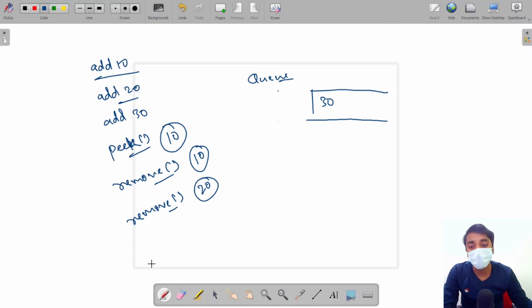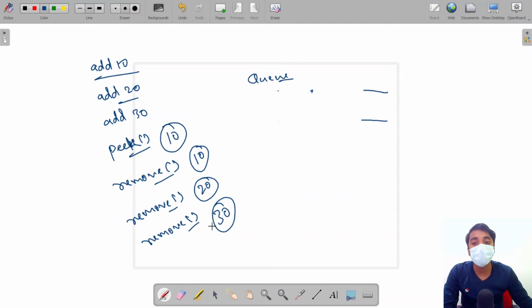Now if we again ask for remove, it will remove the last element and give us this element 30. Now here we can see the removing of elements is from the front of the queue. That is, the element that comes first will be at the front.